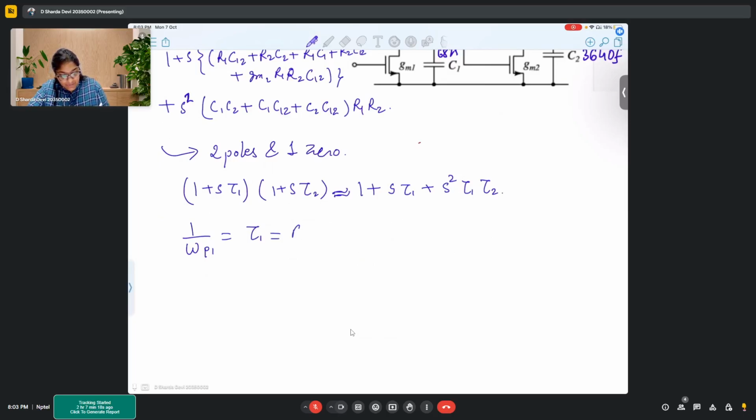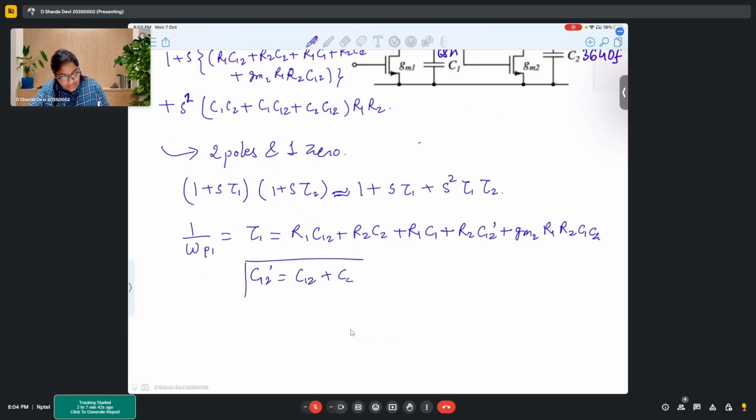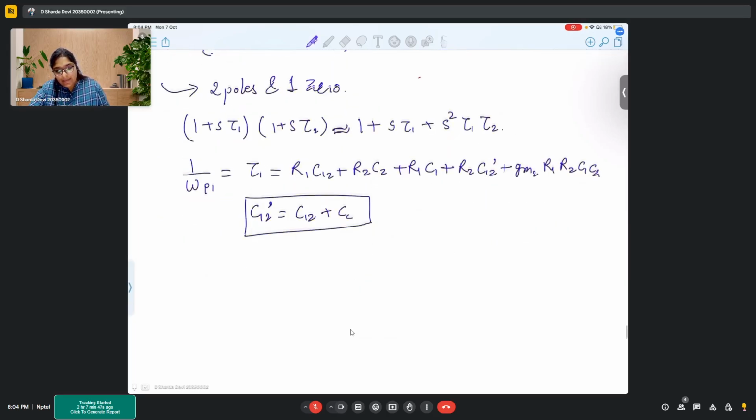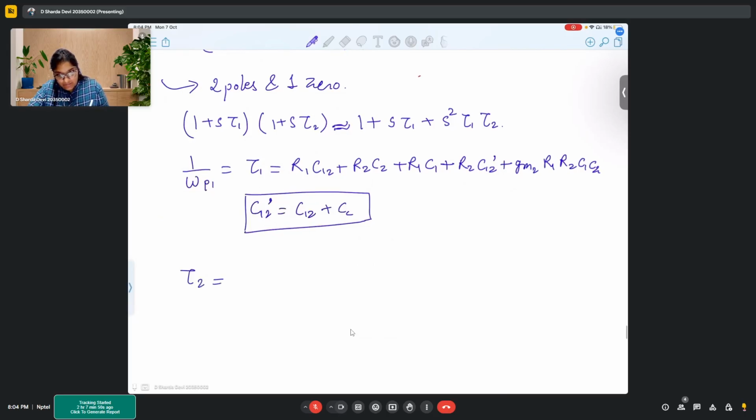So this tau 1 can be given as 1 of R1 C1 2 plus R2 C2 R1 C1 plus R2 C1 2 dash plus C1 2 R1 R2 C1 C2, where C12 dash is the parallel combination of Cc and capacitor C12. Okay, and tau 2, that is 1 upon omega p2,